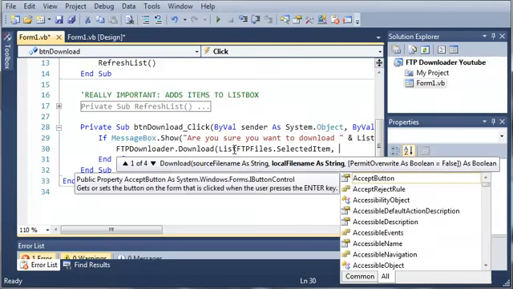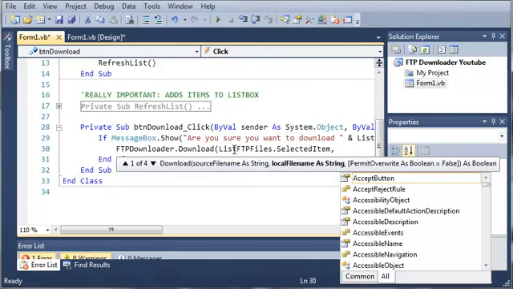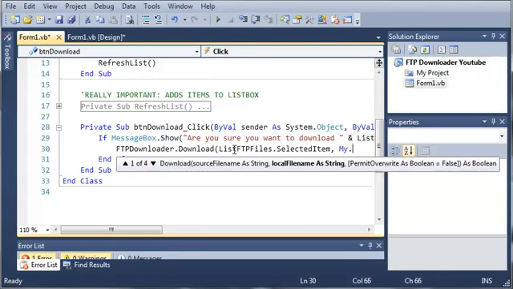And then for the local file name, let's just go ahead and download it to the downloads folder, because that is the default for browsers and any other program you're going to use. Now you could also incorporate a save file dialog, but for now let's just save it in the downloads. So the local file name is going to be